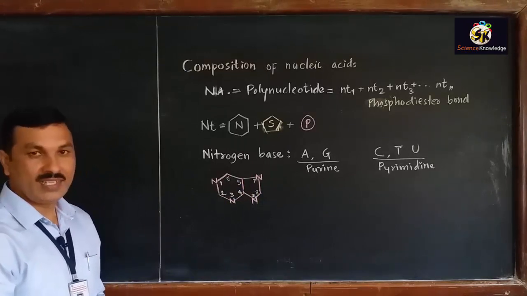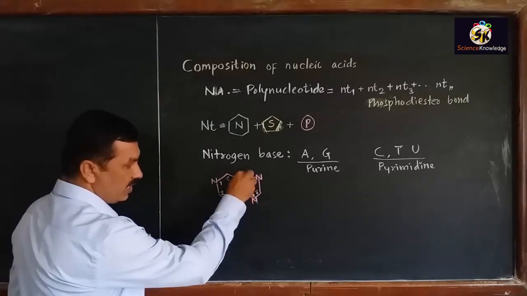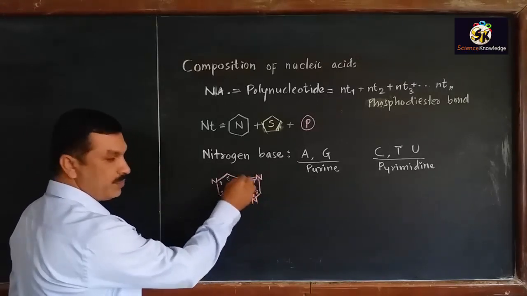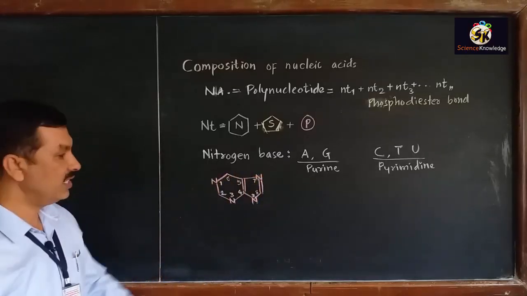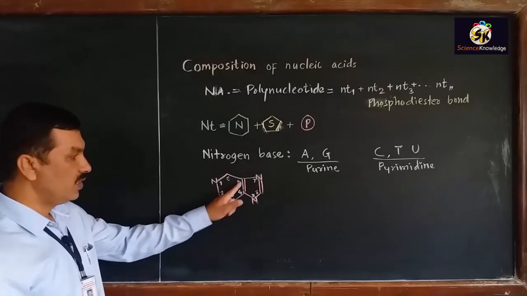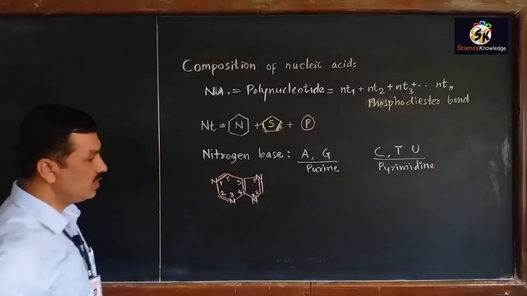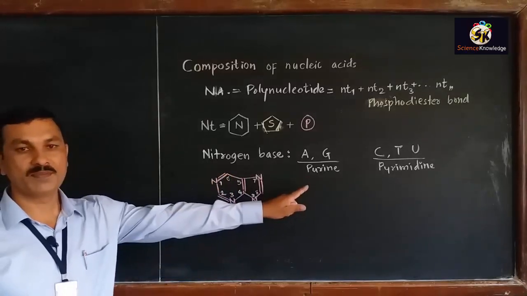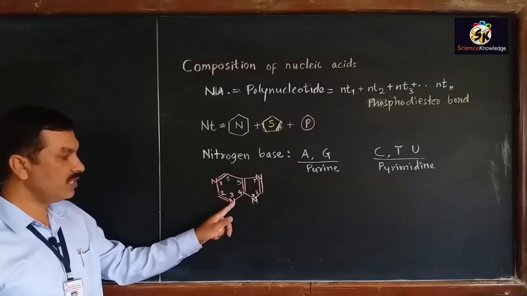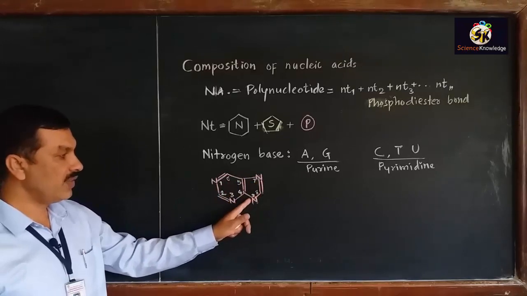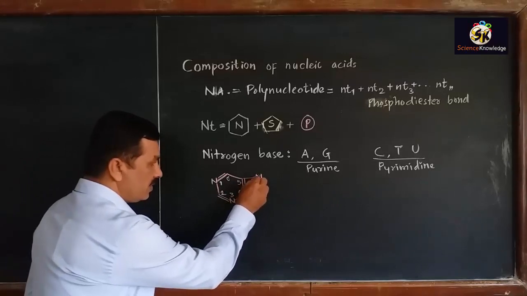Now we know that carbon has 4 valency, and to satisfy this valency of carbon there will be a double bond between the 4th and 5th carbon. Similarly, there will be a double bond between the 7th nitrogen and the 8th carbon. To balance them, there will be alternate double bonds here also. So this is the basic structure of purines: a 6-membered ring having nitrogen at position number 1 and 3, and a connected imidazole ring having nitrogen at position number 7 and 9. So this is position number 7.